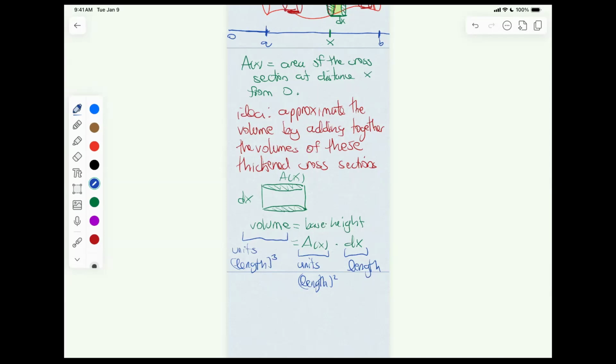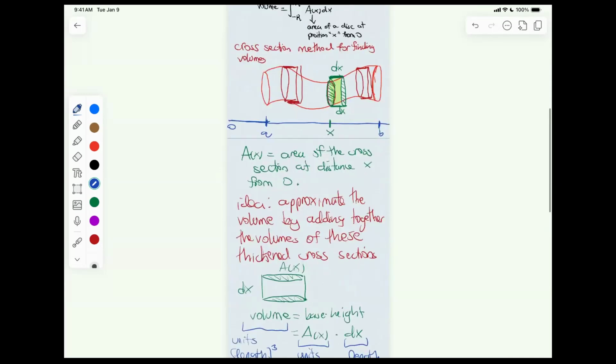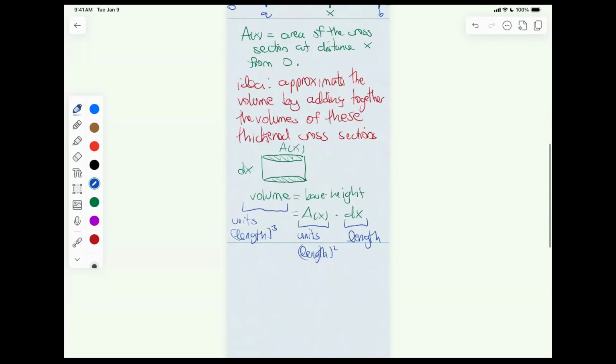Okay, but what this formula gives you is the volume of one of these pieces, but you don't want just the volume of one of these pieces. You want the volume of this piece plus the volume of this piece plus the volume of this piece, and so on. But for it to really work in the end, you integrate it. That's how you want to think about it, because there's secretly a limit being taken in the back of the calculation. So the volume in this case would be